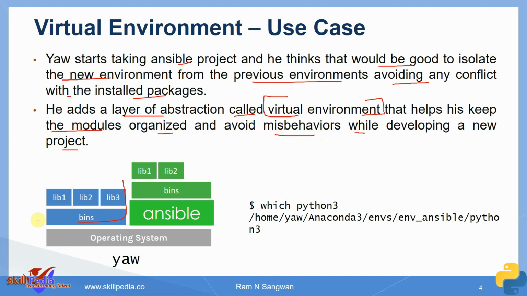So this was your existing project, you started Ansible and you want to keep the binaries and libraries of Ansible separate, independent of the previous project. When you are starting with this, which Python, which Python 3, you are getting a different environment. And this was your default, this is the new environment you created with Python 3. Which means though these libraries might have the same name, there is no conflict because this is giving you an independent environment, just like virtualization.